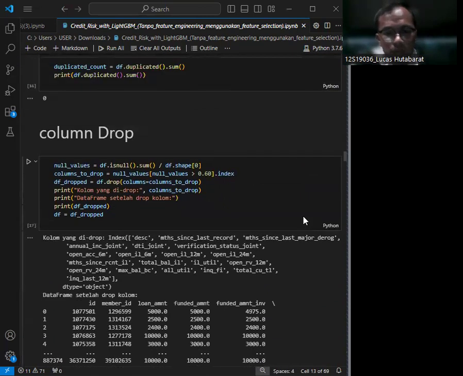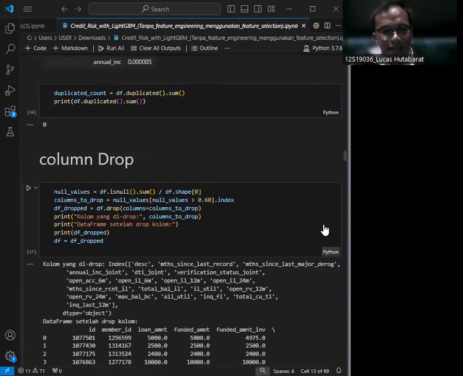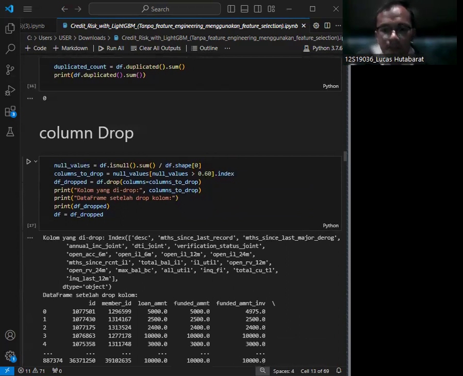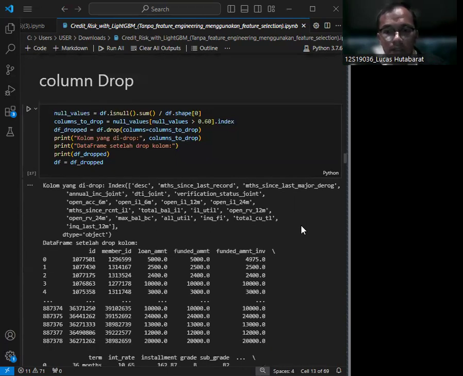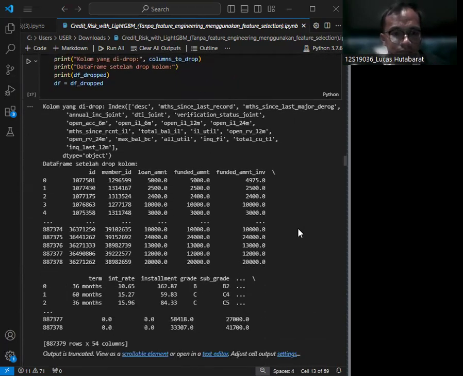Next, we drop unnecessary columns. This drops additional irrelevant columns to further clean the dataset and retain only relevant features.